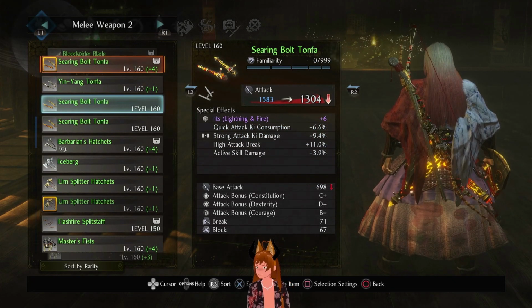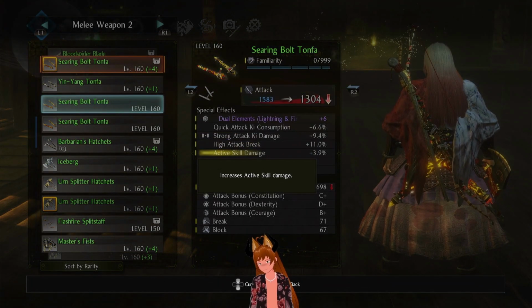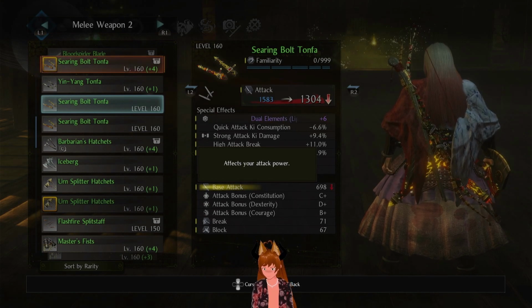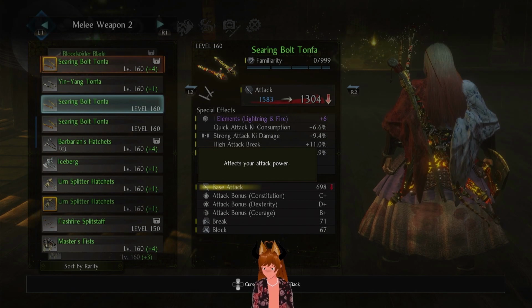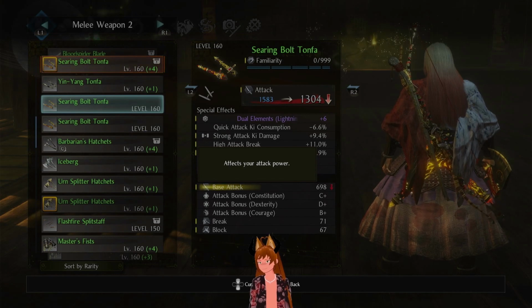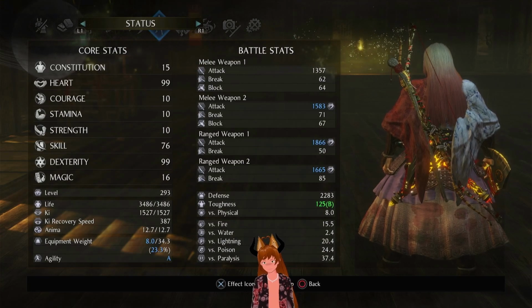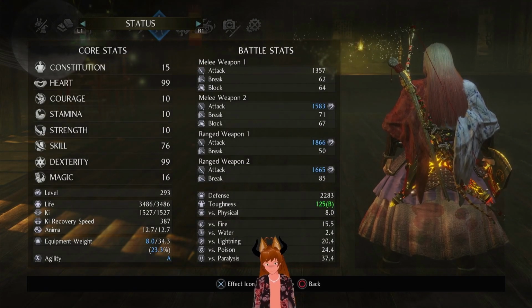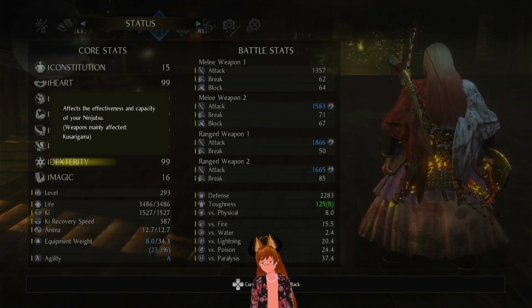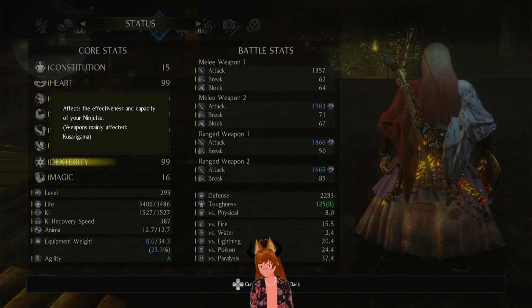TONFA are a really weird series of weapons. First thing off is they scale with a very strange series of stats, being Constitution, Dexterity, and Courage. These are a really weird pair of stats, especially in context of other weapons. Keep in mind, Constitution is your main health stat. Dexterity is your ninjutsu, and it mainly affects Kisaragawa,